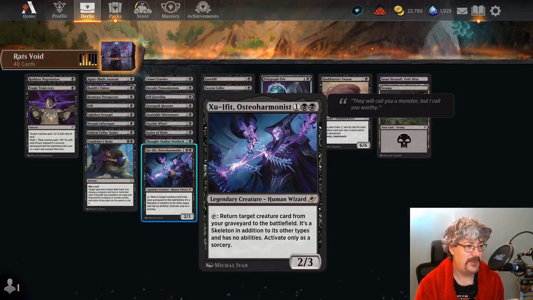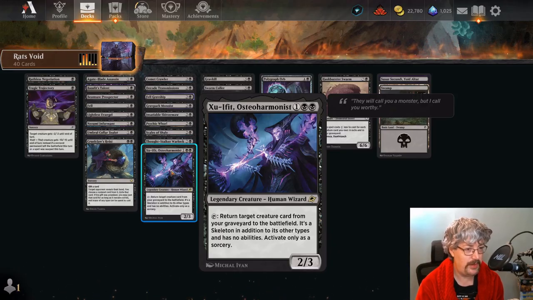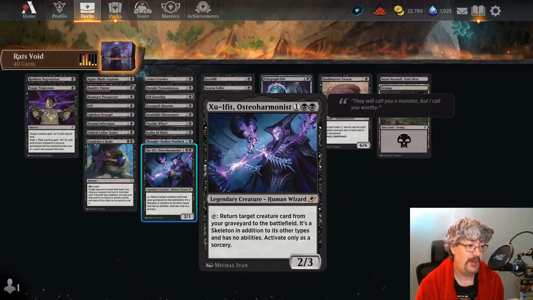And there's an 8/8 for 2 mana that normally can't attack or block, and some other big creatures that people are pairing it with. I think at least a couple copies of this card should be in that deck, so that when those big things die, you can bring them back with no abilities. So that 8/8 for 2, after it dies, Zoo Ifit at some point can pull it back